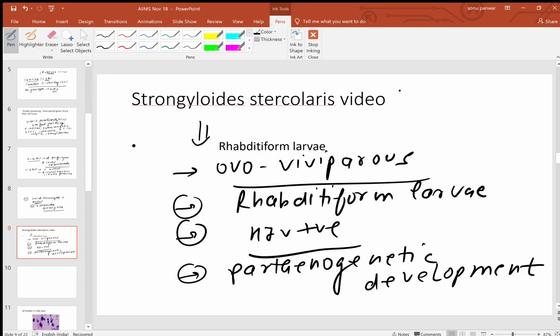And if you want to add one more point here, larva currens, this is the unique type of cutaneous larva migrans which associates with Strongyloides stercoralis. Okay, this is cutaneous larva migrans, and this is termed as what? Larva currens here. Is it fine? So remember this particular thing also. Okay. Other than that, you remember